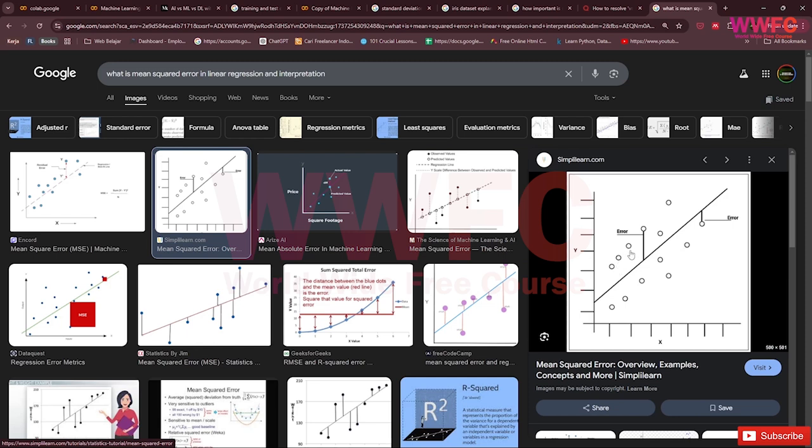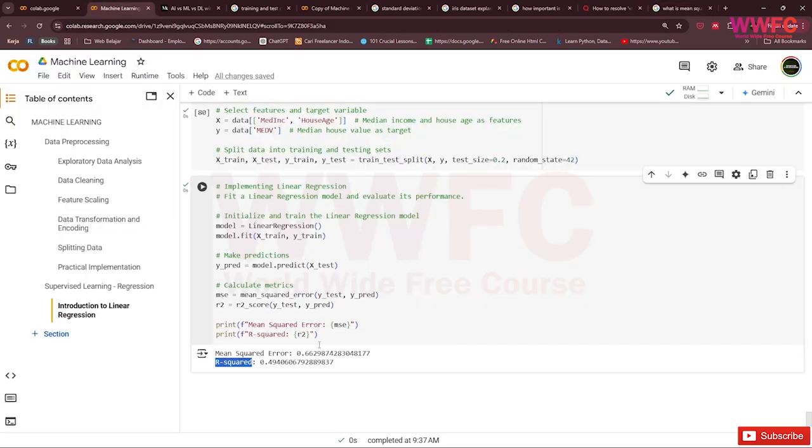If the data is close to the line, the error will be smaller. So our mean squared error is 0.66, which is good.